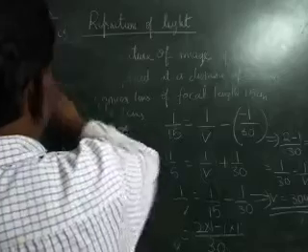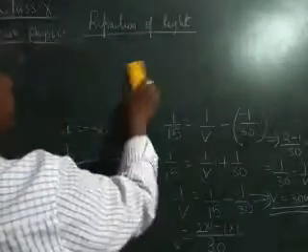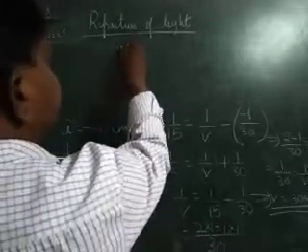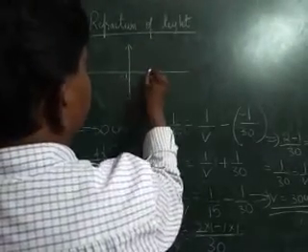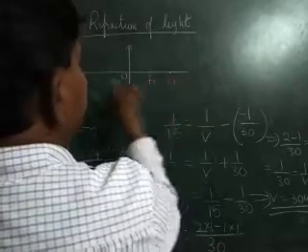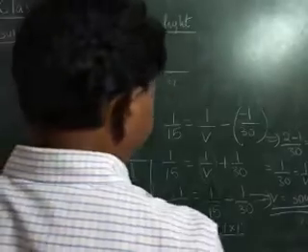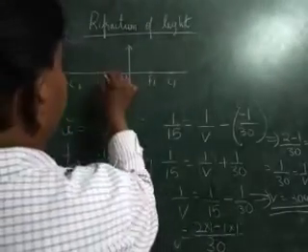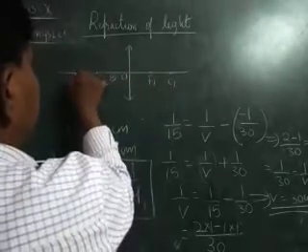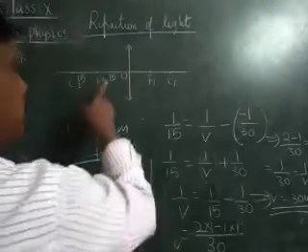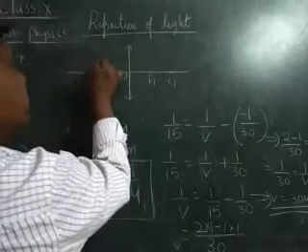Therefore, you can draw the figure, children. You can draw a figure related to this one. Here is a convex lens. Here F1, C1, here F2, C2. What is the focal length, children? Focal length is given as 15. Here to here it is 15 centimeters. Here to here also 15. 15 plus 15 is 30. Total 30.